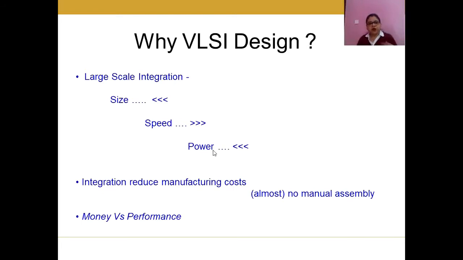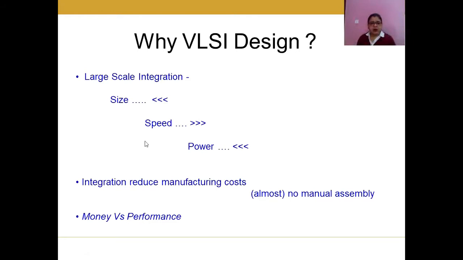They need small size devices which will be handheld, portable. The speed of the device should be very high so that the computation speed can be high. Power consumption should be less because battery operated devices should not need to be charged again and again, and the cost of a battery should not be incurred in every few months.